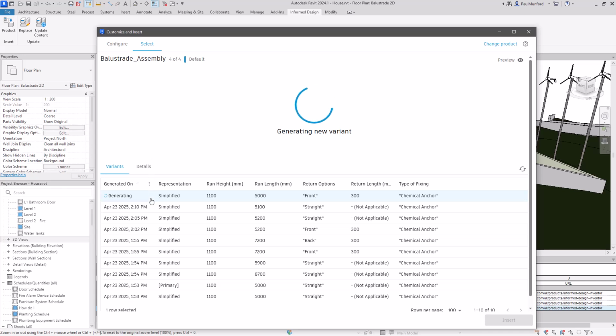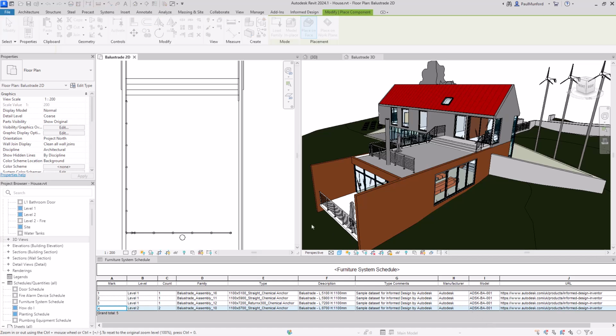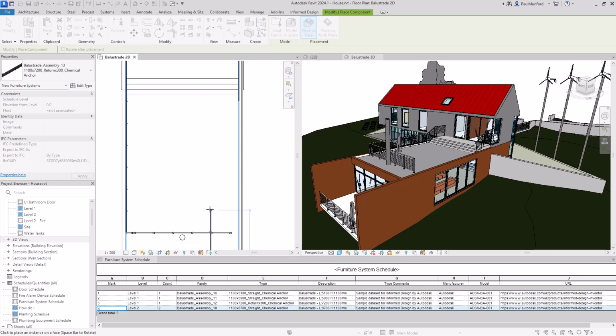So I can actually just select this pre-configured variant, and I'm going to take this variant, I'm going to choose Insert, and this will be inserted for me just like any standard Revit family. So I can place this in here,